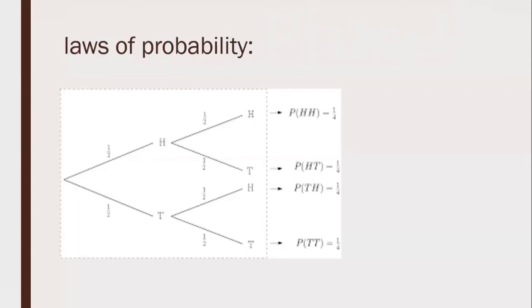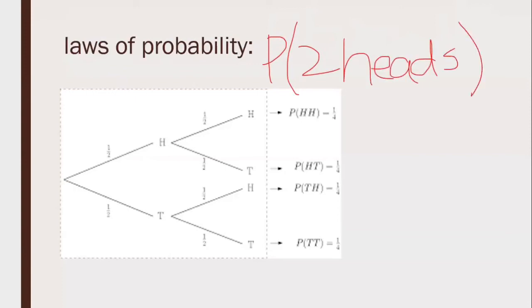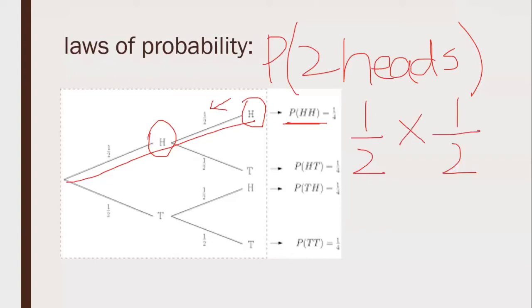What do I mean by this? Let's take an example. We have an event of getting two heads from this tree diagram. When we want two heads, we know that only this combination shows that we can get two heads. What will be the probability of getting two heads? We're going to first obtain the first head, and obtaining the first head has a probability of half, and then we need to obtain the second head, and in order to do so we again have the probability half. We're going to multiply these two to get the combined probability as 1 over 4 of getting two heads.